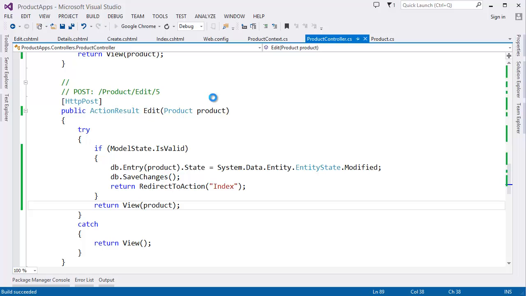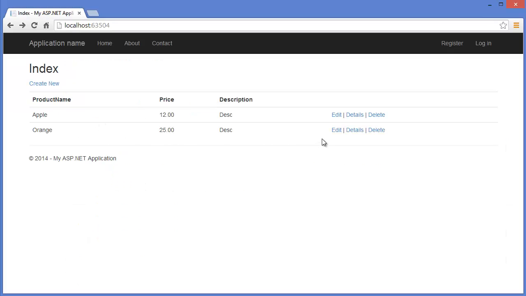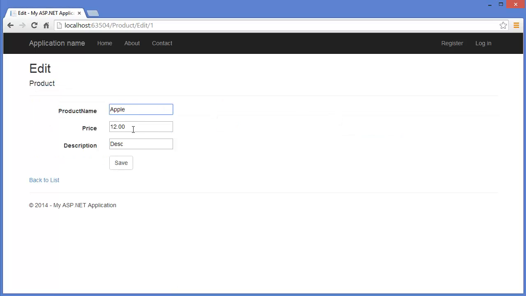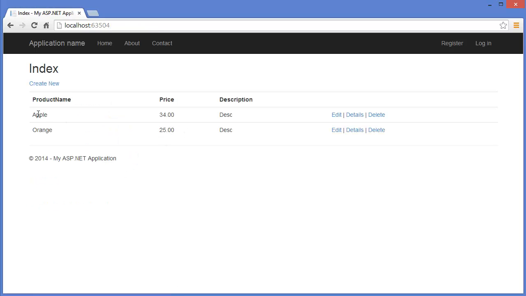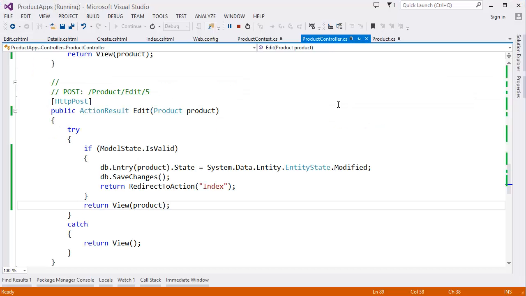Now we can check, run the project. Alright, click the edit of Apple. You can see, yes, I want to update the price. Now let's say this is 34. Save. You can see Apple price is now 34. So what else we need to do is delete. Okay, so let's go to the Visual Studio again, stop the project,